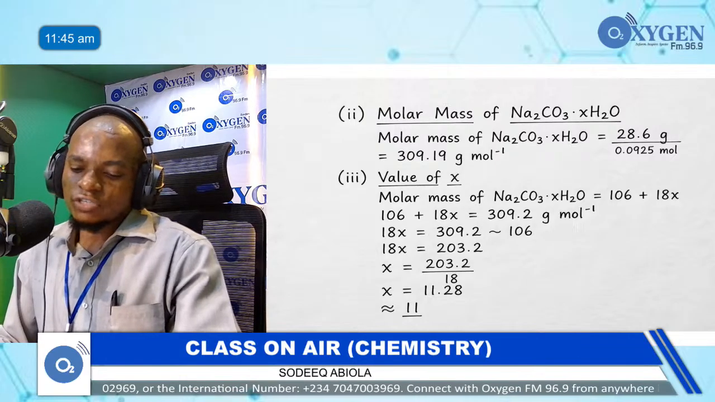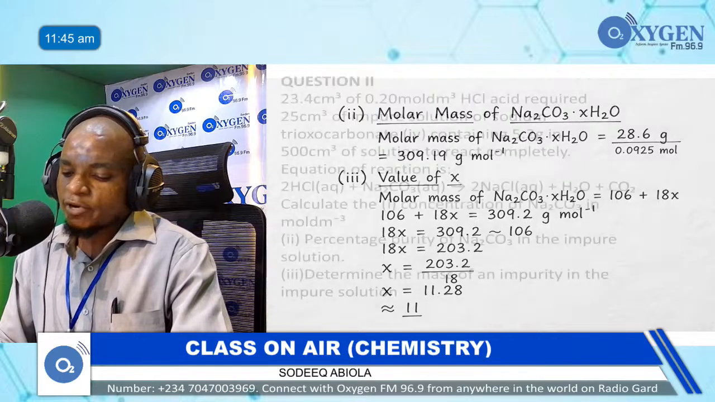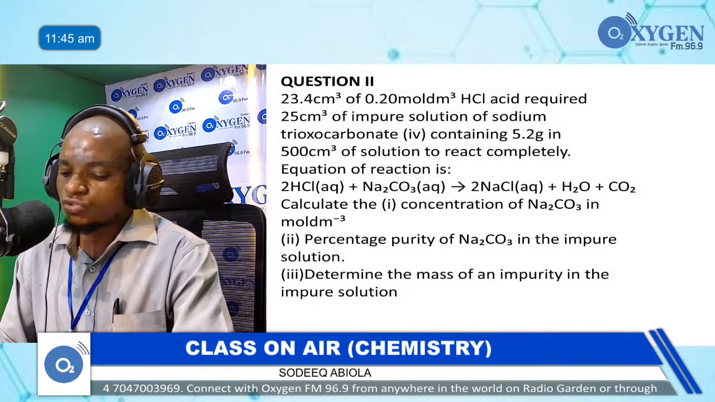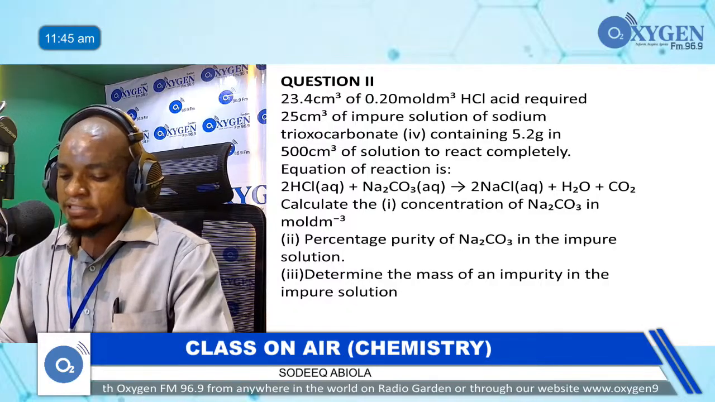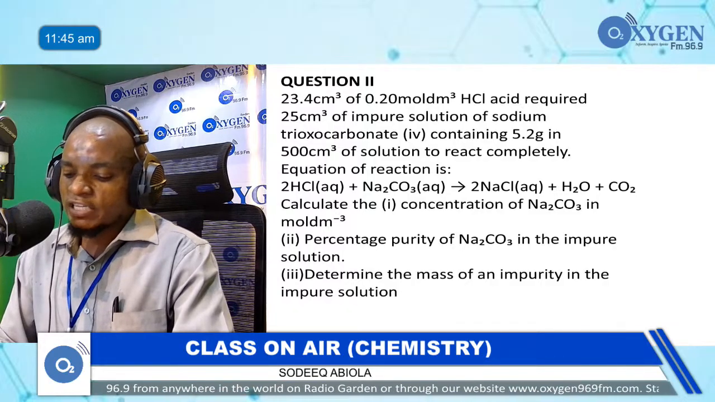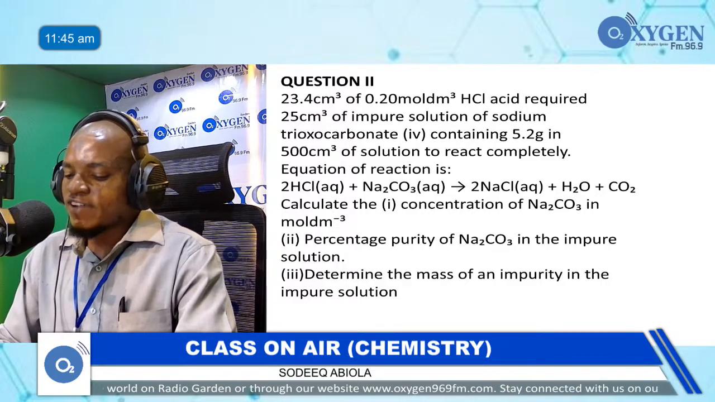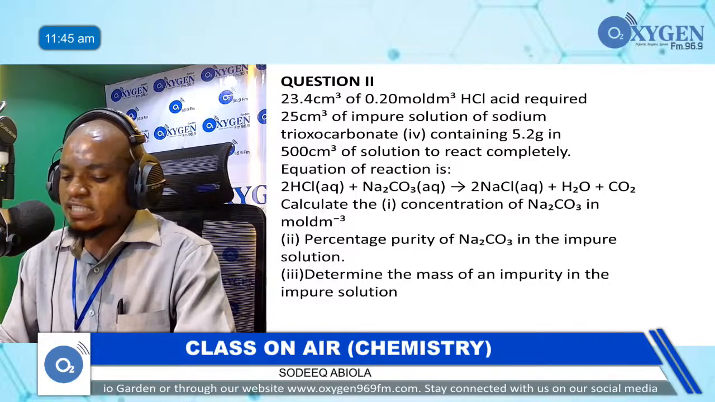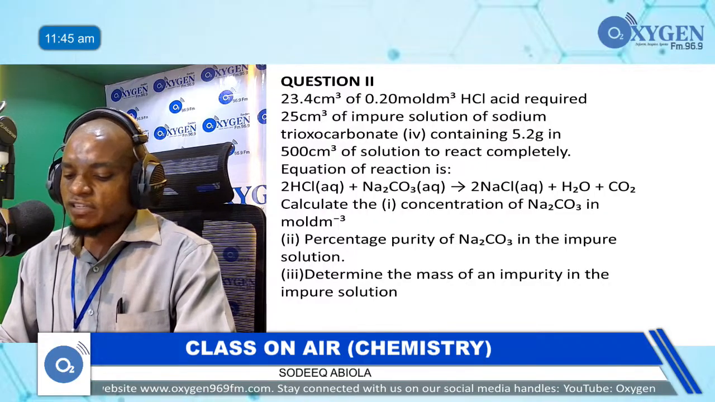So now let's continue with the second question. The second question says 23.4 cm cube of 0.2 mole per dm cube HCl acid required 25 cm cube of impure solution of sodium trioxocarbonate(IV), containing 5.2 gram in 500 cm cube of solution, to react completely. The equation of the reaction is 2HCl plus